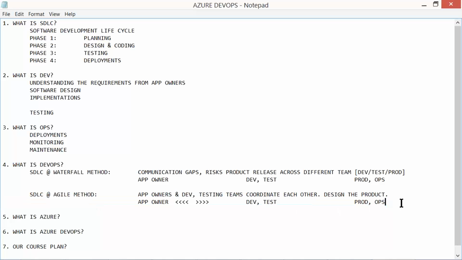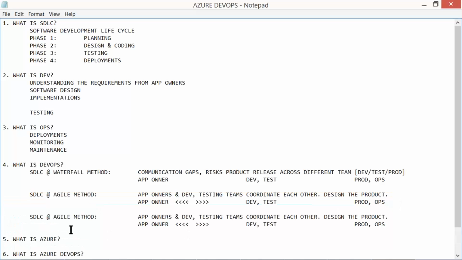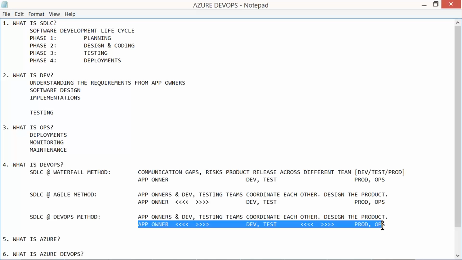Yes, there came the concept of the software development life cycle with the DevOps method. In the DevOps method, yes, there is nice integration and communication with anyone to everyone in the entire software life cycle.